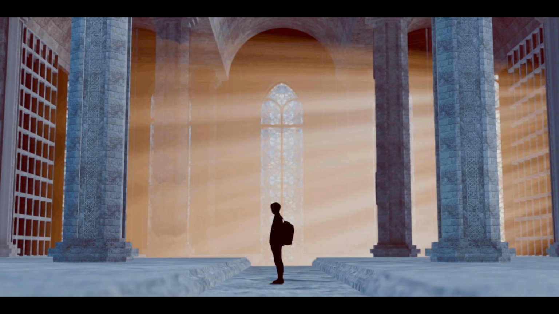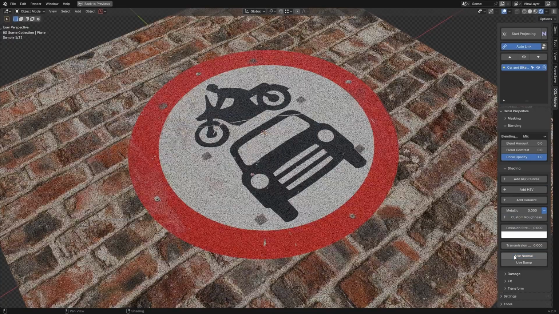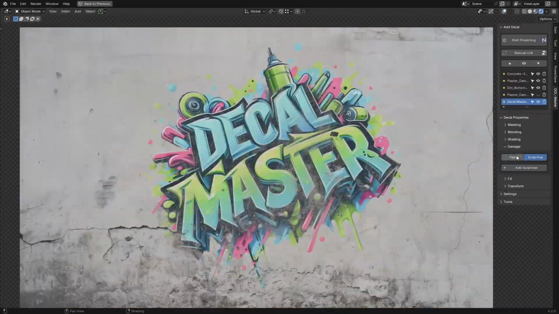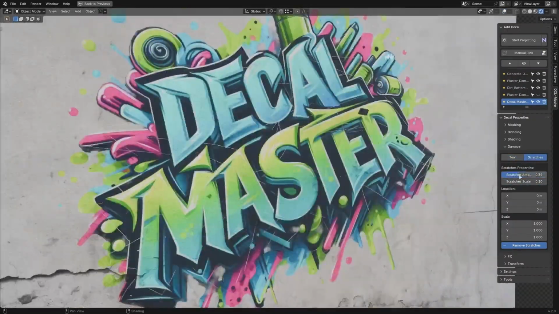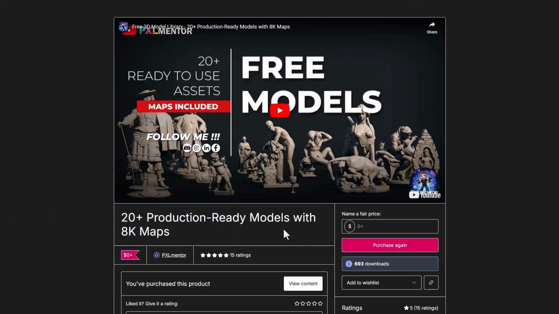This is a combination of Blender add-ons that are currently available and also a free Friday collection of cool and impressive stuff that you can get totally for free. And this week we're going to start out by taking a look at Pixel Mentor. Pixel Mentor has released 3 different things on his storefront which are totally free. And this is currently available on his Gumroad,